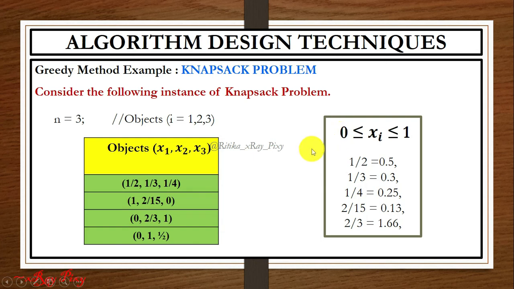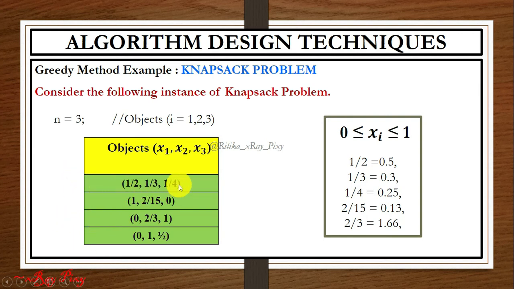Once this constraint is satisfied, after that we can place the object inside the knapsack, and then we will calculate the profit. As you can see here, we have 4 sets and they all satisfy this constraint. Now we can place the objects inside. So one by one we will calculate the values for each set.